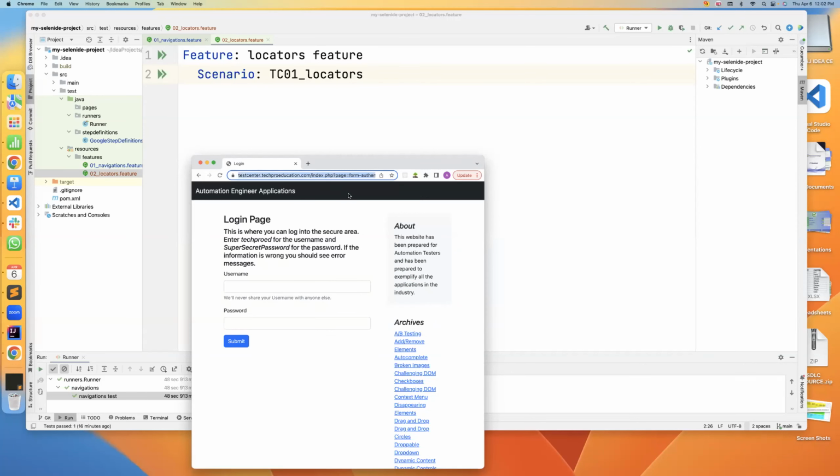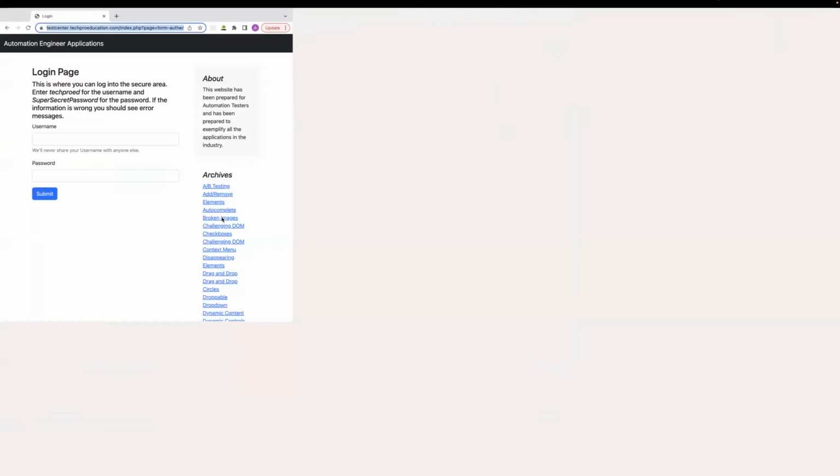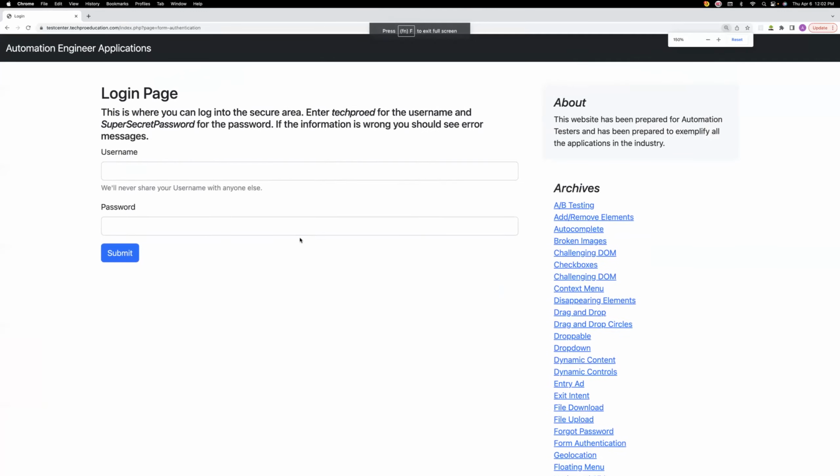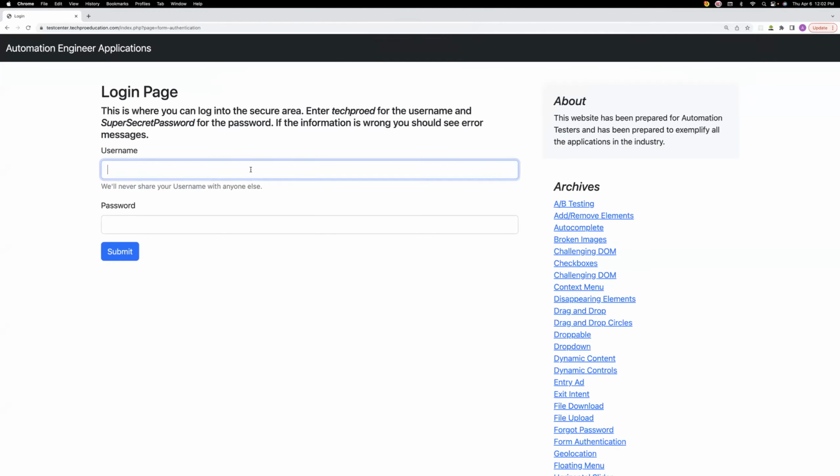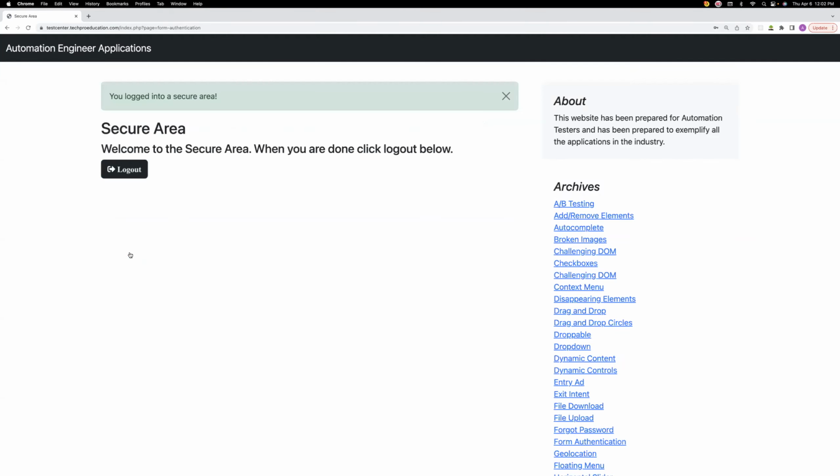So here is the test center test page, sharing from the chat. So what we will do is we are going to enter Techpro as username right here, and super secret password in the password section, and click submit. Try one more time. Techpro. Submit. Yeah, we will log in with this credential,